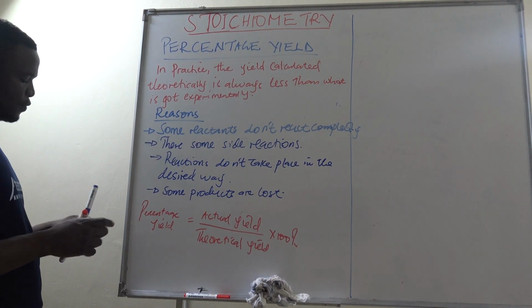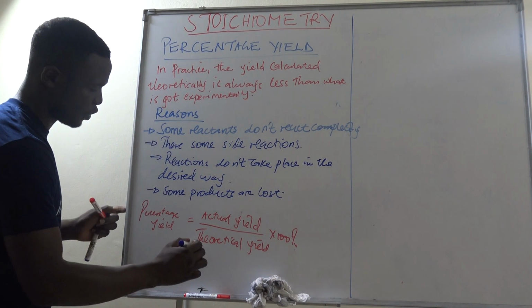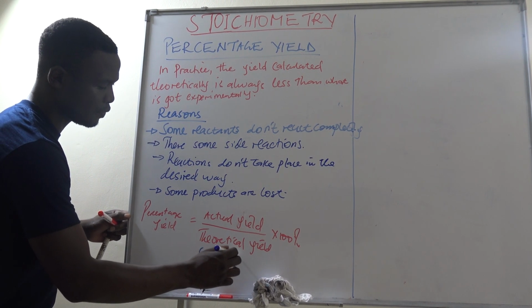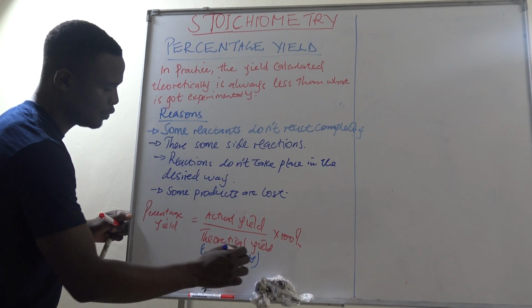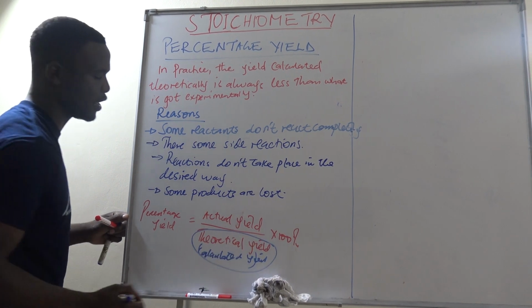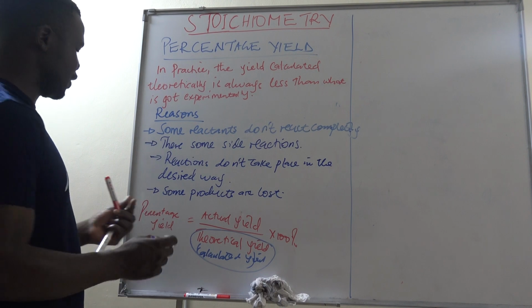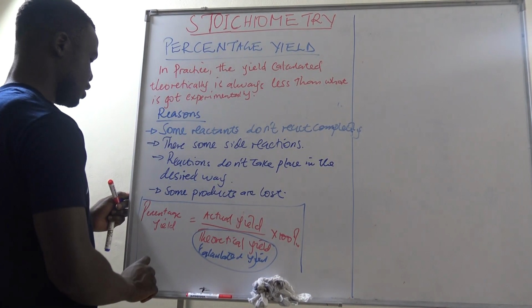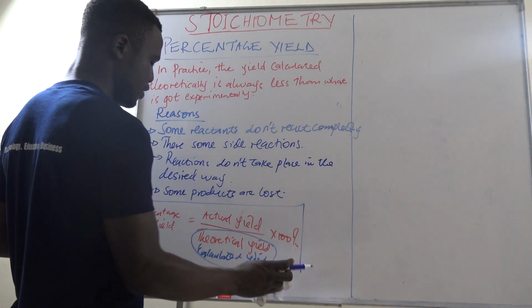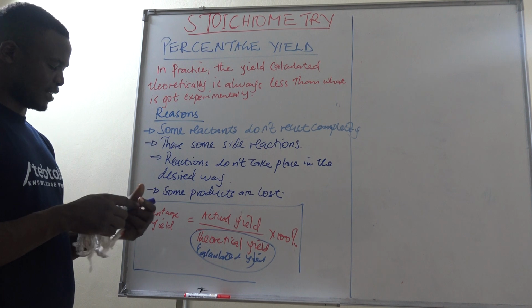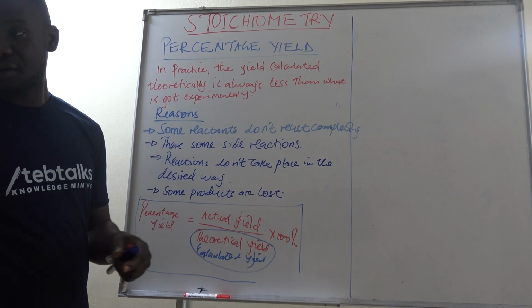So if you don't want to say theoretical, you can say calculated yield. This will mean the same. So from this formula, we'll be in position to calculate the percentage yield of a given